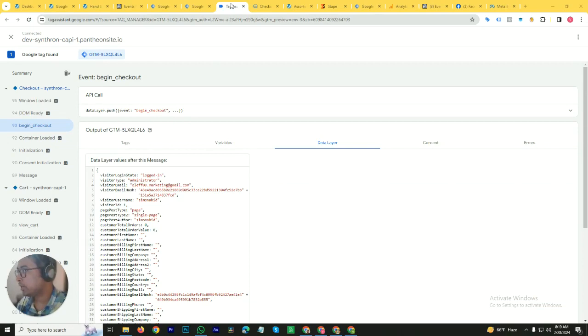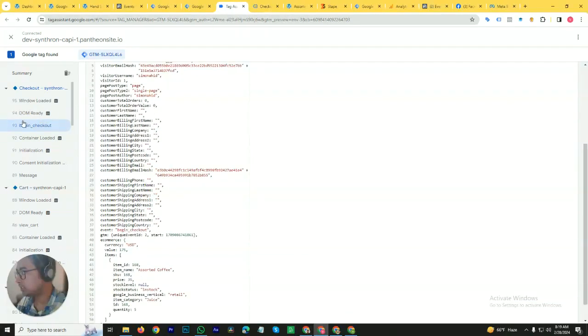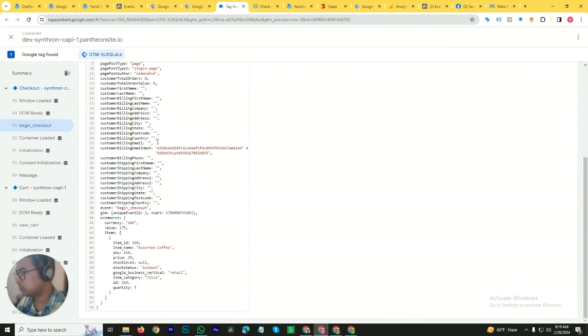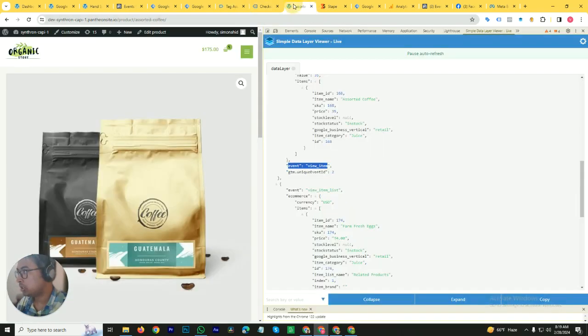We can go back to our tag assistant to check the data with, let's say, begin checkout event. As you can see in e-commerce, our currency USD value has become 175, the total value of the cart. Similar on our website,